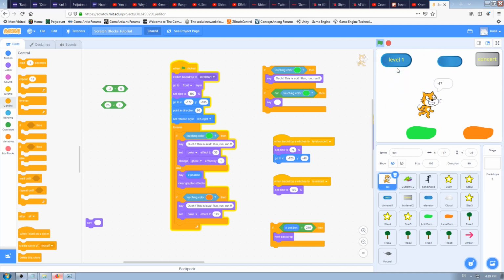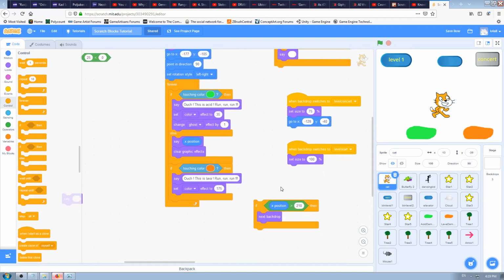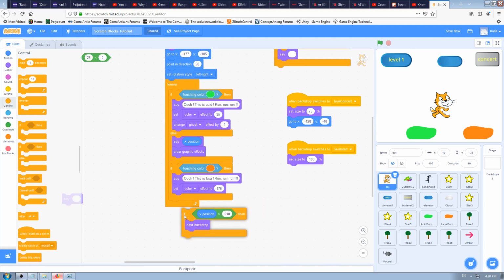I think it's all the time, because we need to know all the time, is this cat going to the left, is the cat going to the right, is the cat close to the edge, and so on. So we need to check that all the time. And when we have to check something all the time, we have learned that before, we have to put it in this forever block. So let's see where to put it. Up on the top or back to the bottom. I think it will be the same, more or less. Let's try with the bottom, because Scratch is working really fast, and Scratch is forever and ever asking,